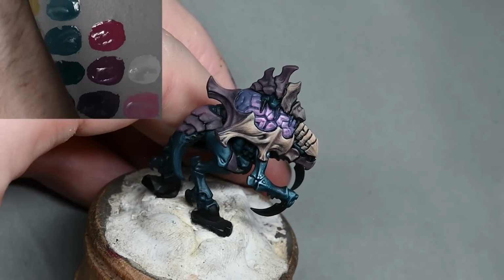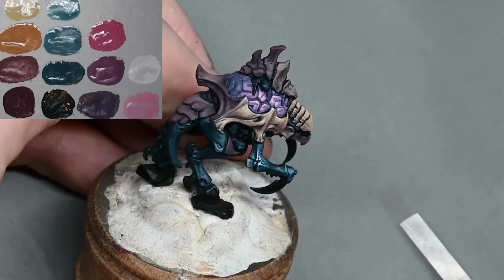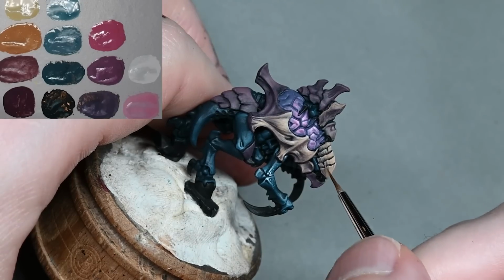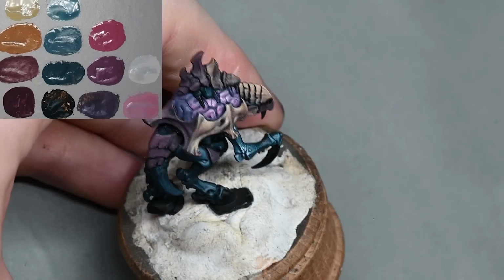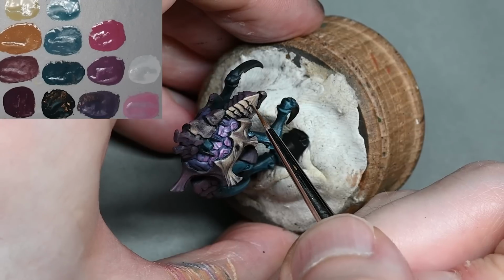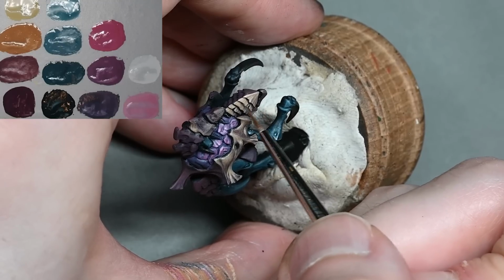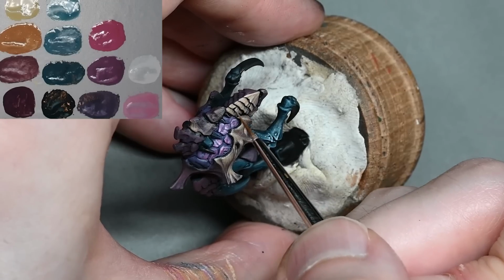And you're relying on the mid-tone areas to show off the colours, whereas as you go more into the shadow, the colours become more desaturated. You might be adding black to it or whatever it is, but you're taking away the colour. Same for the highlights. So even if I wasn't using Ushabti Bone, if I just carried on using Fire Dragon Bright mixed with Xereus Purple, but added more white to it, the more white that I add is still desaturating the colour,